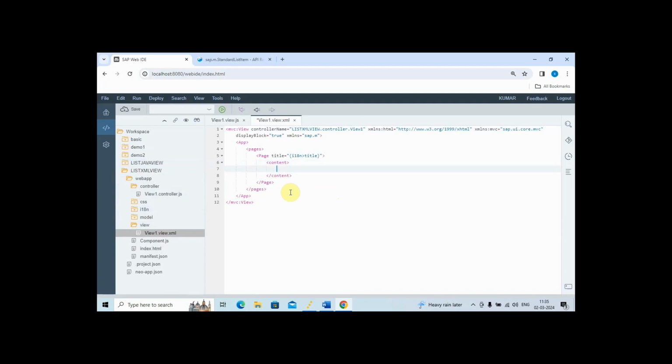What we have done in our JS view, we created data, we have created a model, we set the model on the list, we have created the list and bound those items. The same thing we have to do here, but the method will be different. As we intend to use the list control, what we have to do is write list,